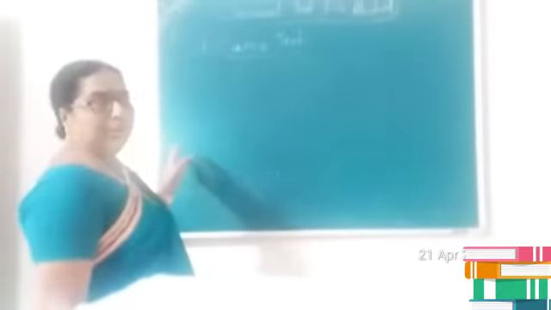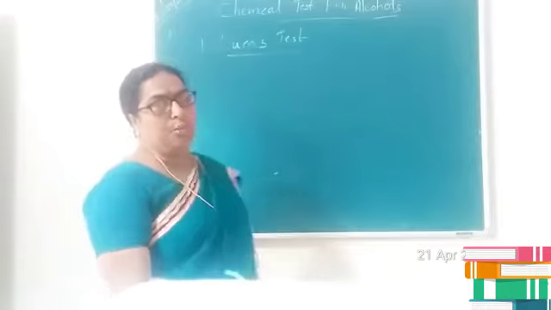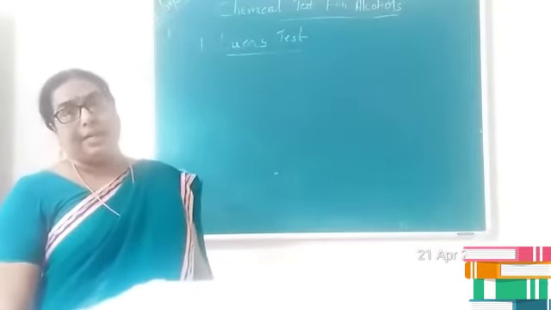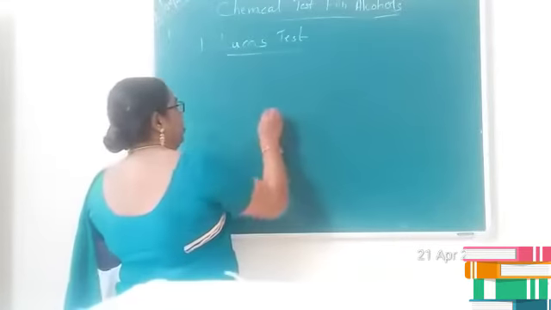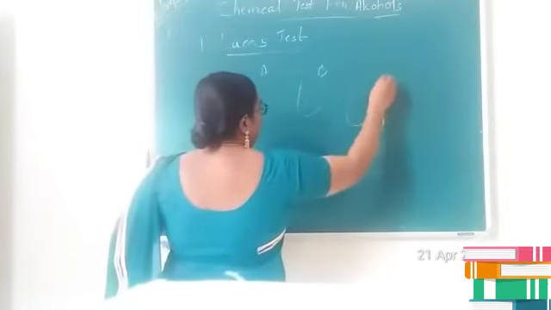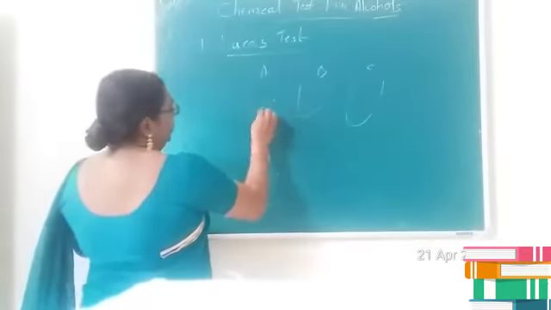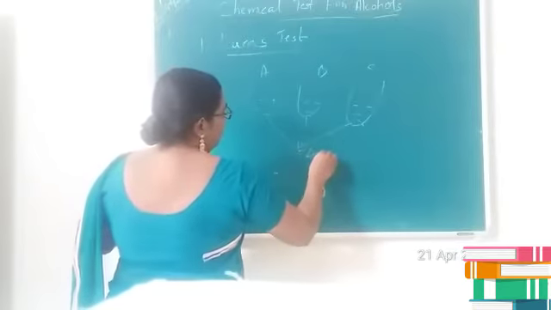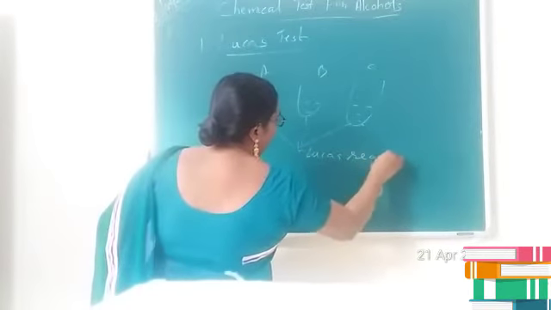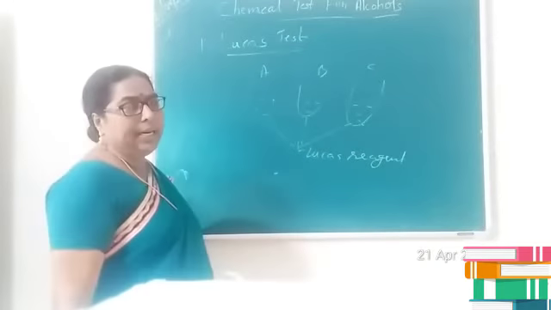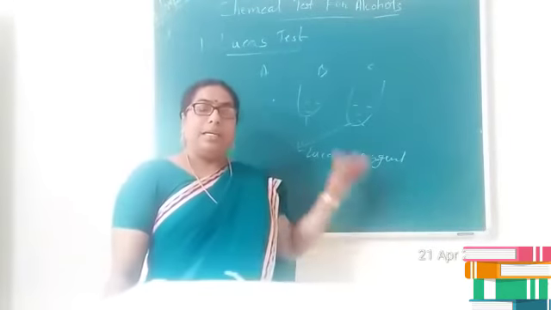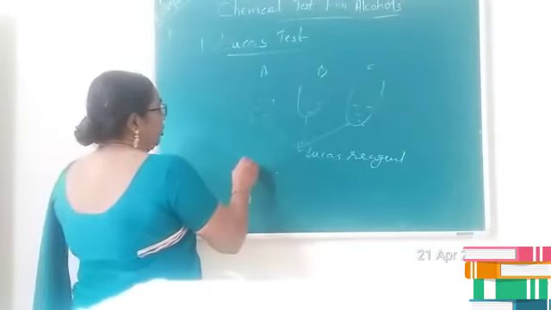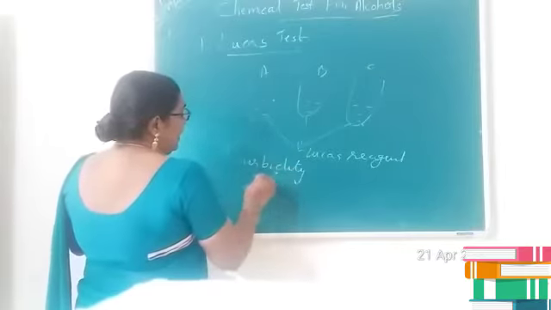So in this case, we have three test tubes which contain primary, secondary and tertiary alcohol, and our aim is to identify them. You treat the test tubes A, B, C, which contain the unknown solution, by adding Lucas reagent, a mixture of anhydrous zinc chloride and concentrated HCl, and you shake well. You can see that in test tube A, there is formation of turbidity immediately.